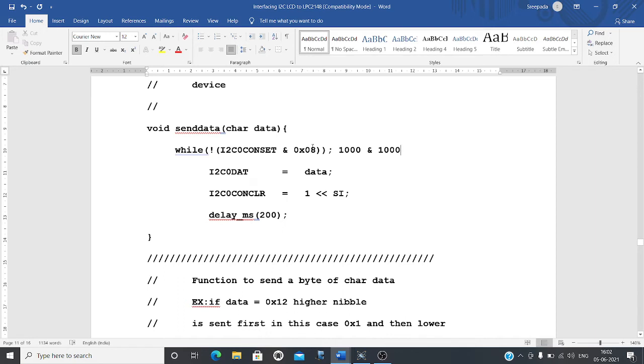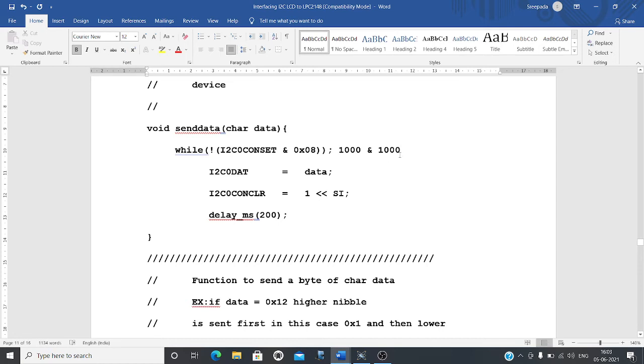If this results in 1, then outside it is a NOT operation, so this will result in 0. That means the previous data is not yet sent. In this CONSET register, the SI bit is used for knowing whether the data has been transmitted or not.